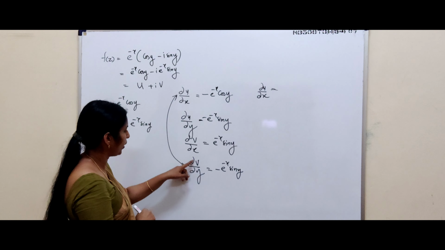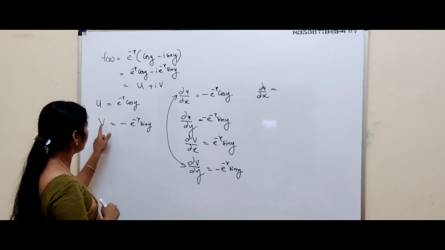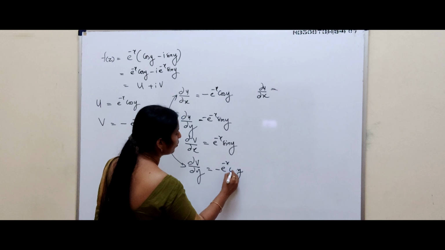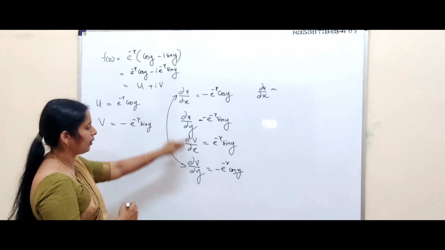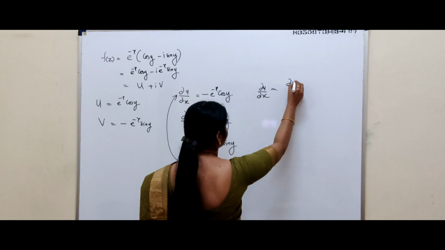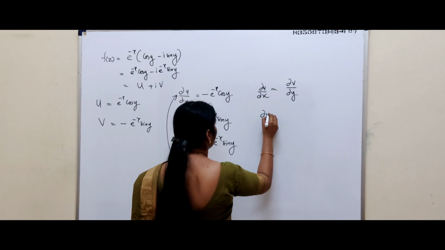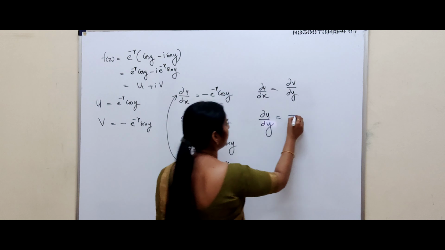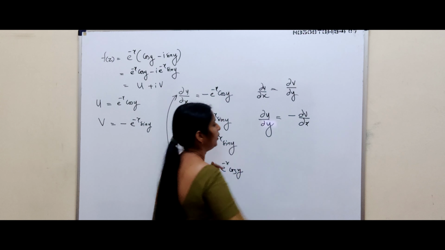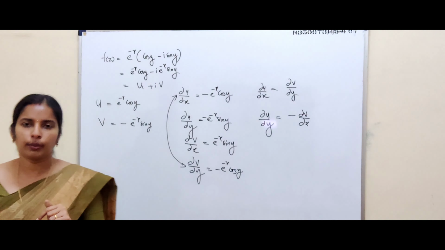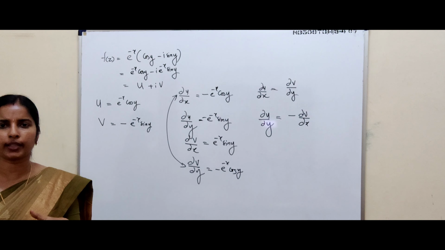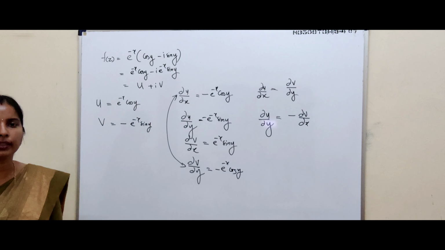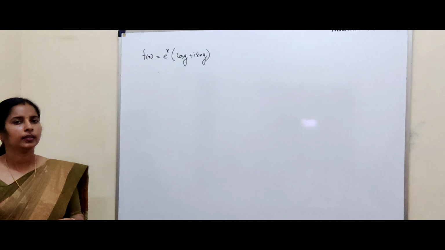Here there is a mistake while writing ∂v/∂y. What is ∂v/∂y? You differentiate sin y. What is the derivative of sin y? It is cos y. Here ∂u/∂x is ∂v/∂y, and ∂u/∂y is clearly minus ∂v/∂x. So f satisfies the Cauchy-Riemann equations, or you can say u and v satisfy the Cauchy-Riemann equations, and the four partial derivatives are continuous. So the given function is analytic.